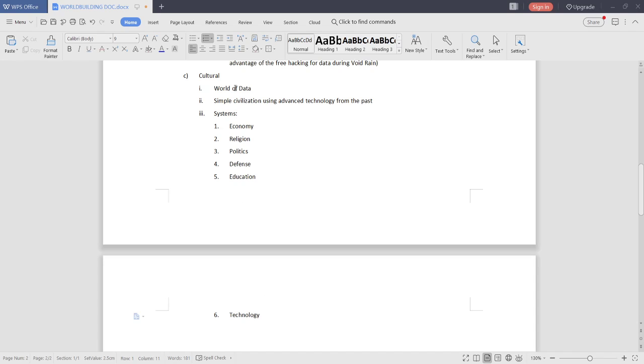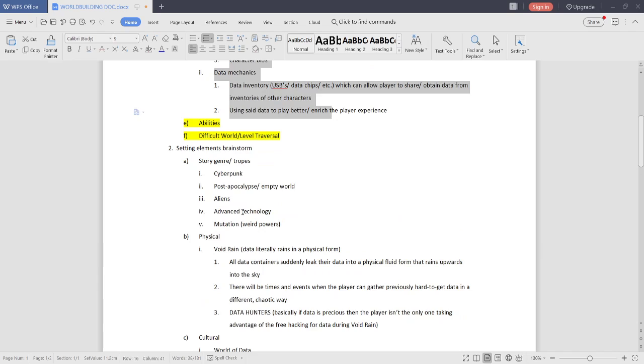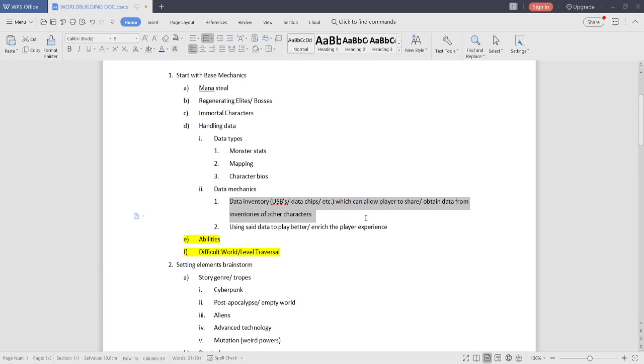So we have all these systems. Now, how do I think it would affect one of these? Like, do I want to make this a game about economy? I kind of do, because it's all about handling data and having a data inventory. So you can share and obtain data from others.